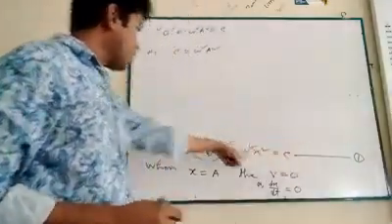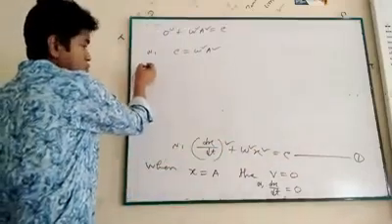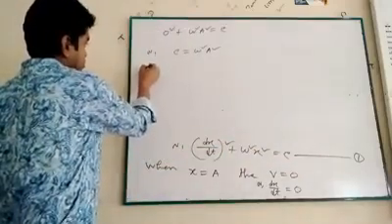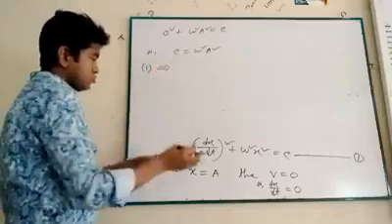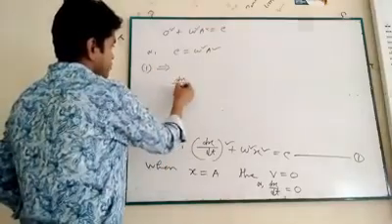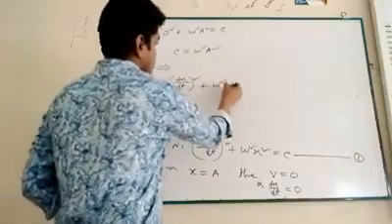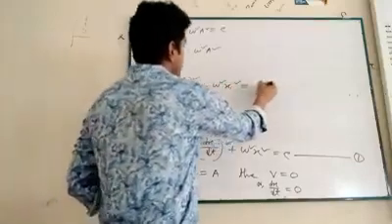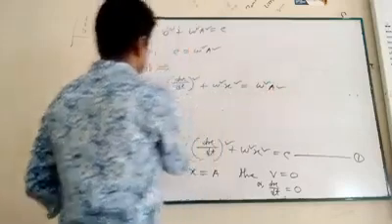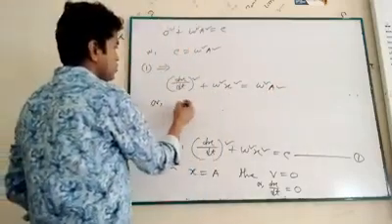Now we have to put c equal to ω²a² in equation 1. From equation 1, we get (dx/dt)² plus ω²x² equal to ω²a²,